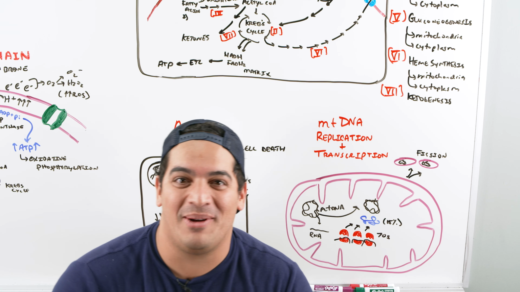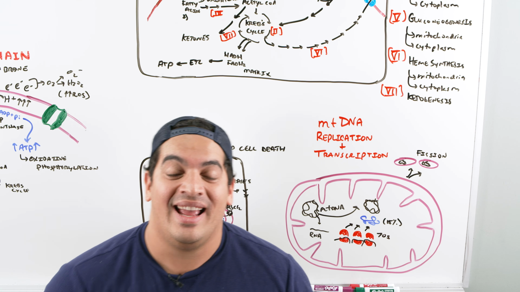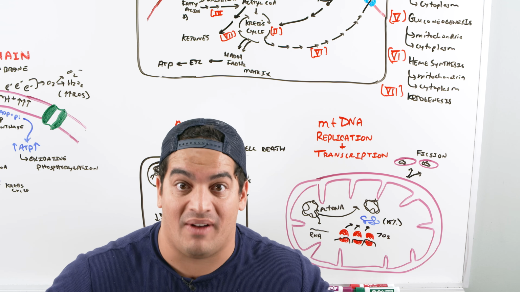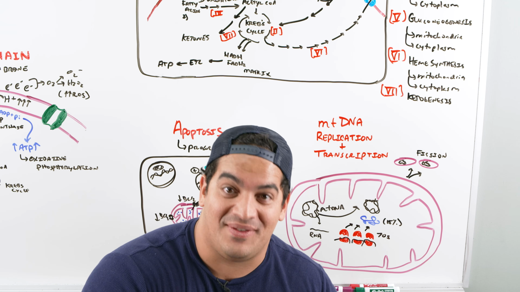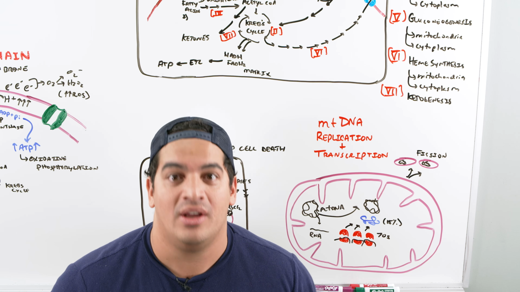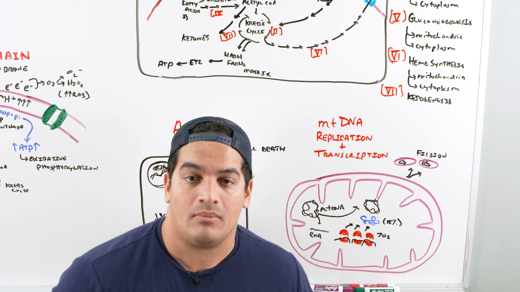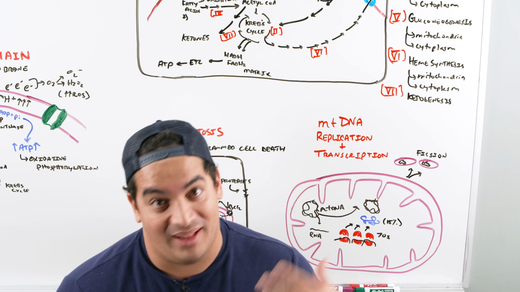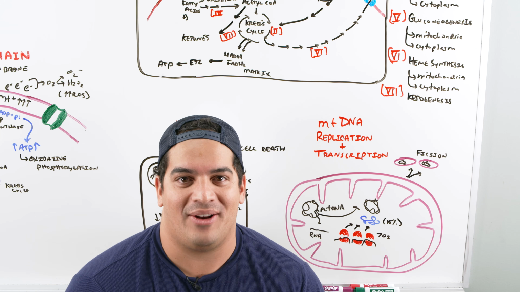And then we talked a little bit about how the mitochondrial DNA are involved in replicating itself for the actual mitochondria to divide, or making proteins via transcription, translating those by ribosomes in them, 70S ribosomes, to make proteins for it to function. We also talked about all the metabolic reactions that are plentiful and occurring inside of the mitochondrial